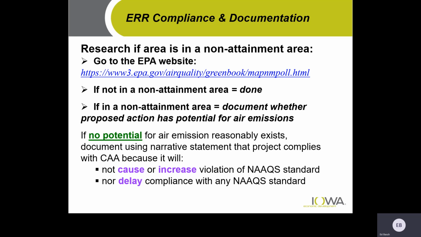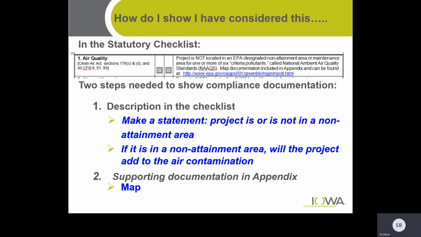Again, no potential means it will not cause or increase violations of the standards or delay compliance with any of the National Air Quality Standards. In the statutory checklist, that is 58.5, that you will see, unless you are exempt or categorically excluded, not subject to, you're going to see that checklist, and that is where you're going to put the description of your documentation.